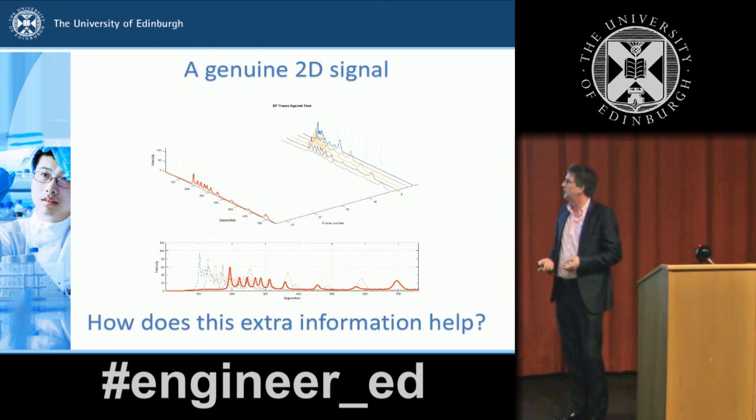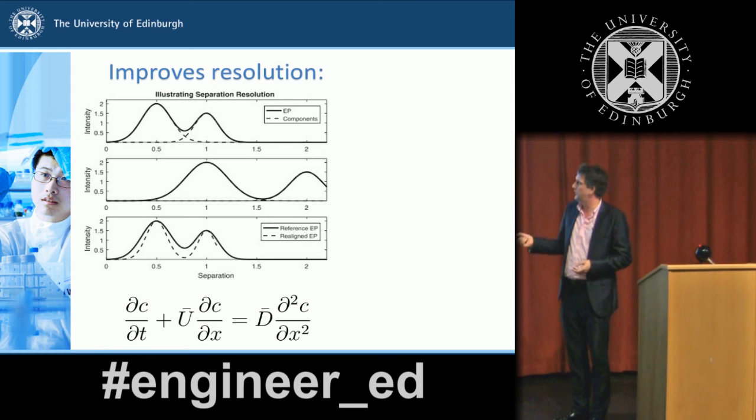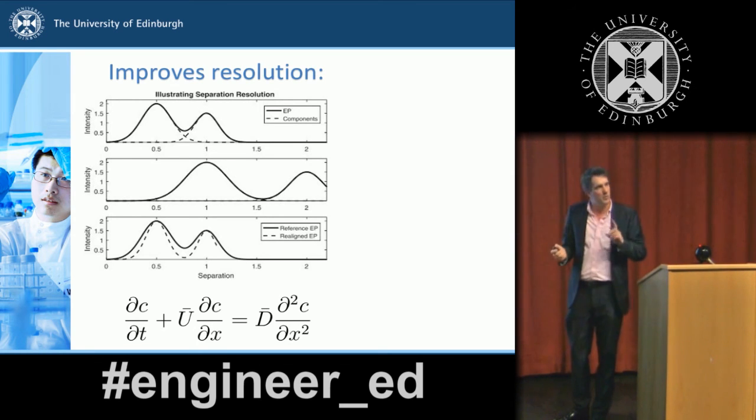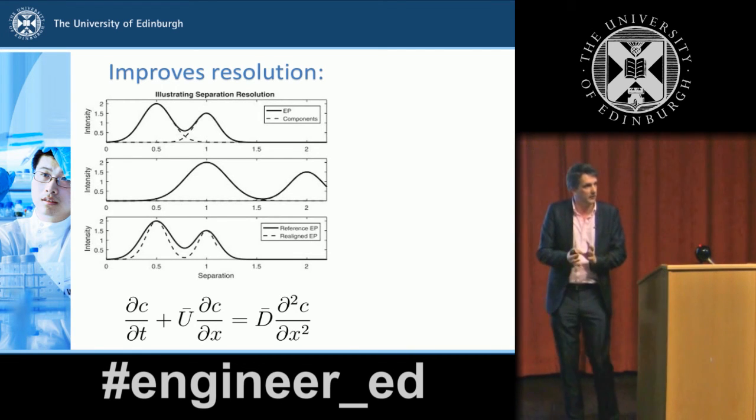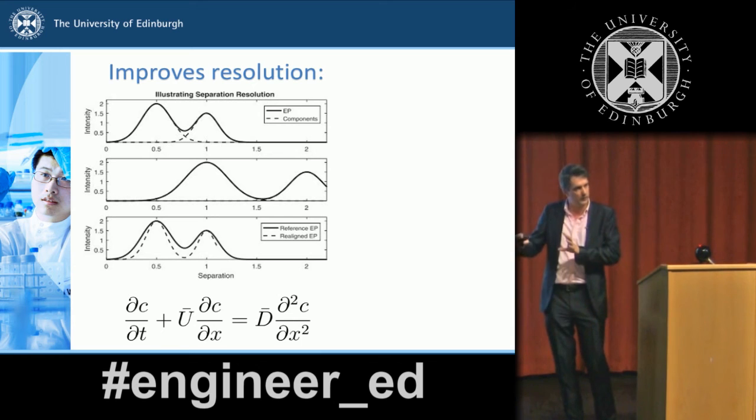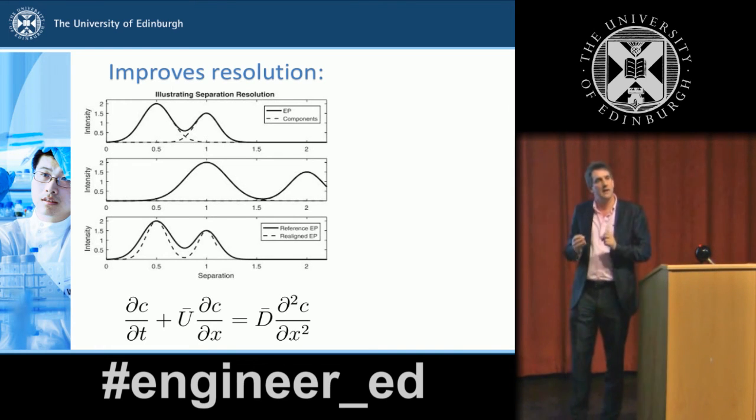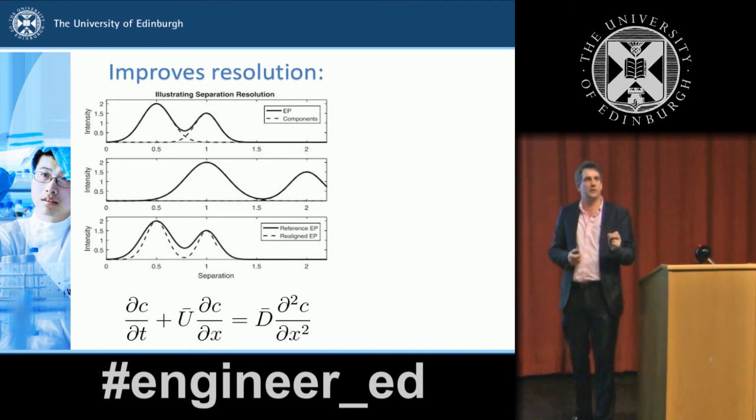If you run the electrophoresis process for longer, the peaks spread out more. If you look at the position of these two peaks, they get further apart and they get wider. But it turns out that if you map this second trace back to the original trace so that they overlap, you get better resolution. So we run the process for longer, get more information, and realign all the pulses, which allows us to extract the best resolution peak from each point